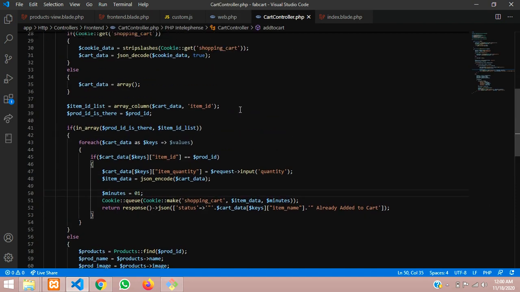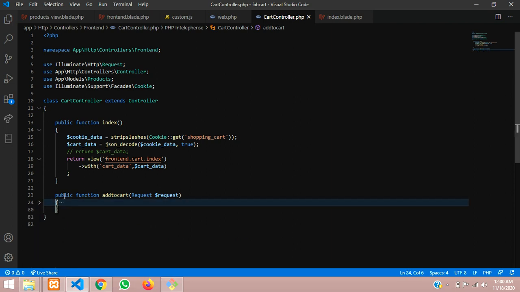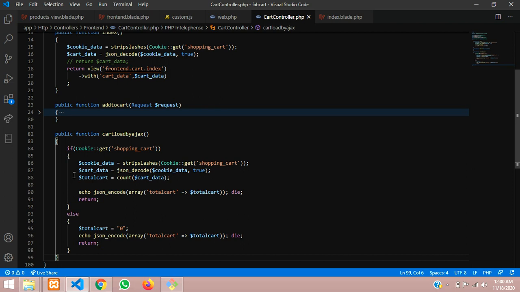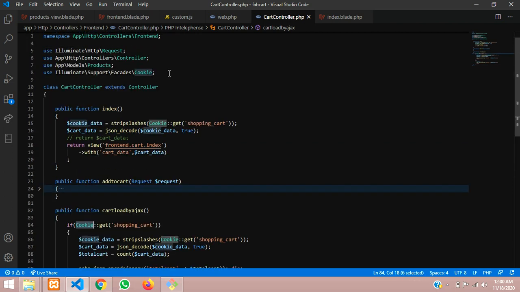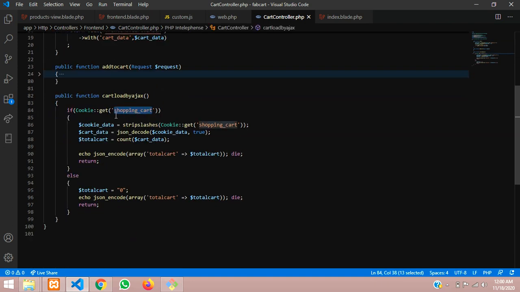Let's go below, minimize, and paste it. If you're using a cookie, make sure you have included it at the top, and then this is the shopping cart. If the cookie is there, it will load this function, else it will load this function.